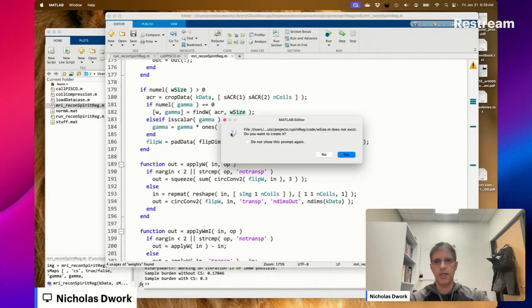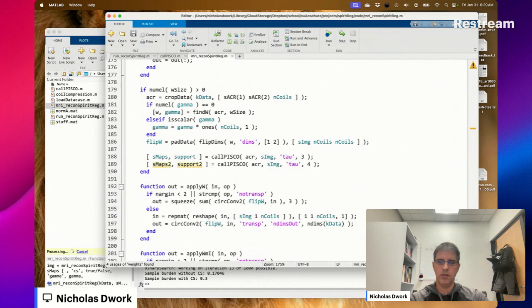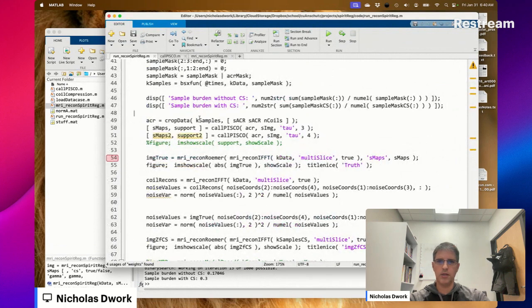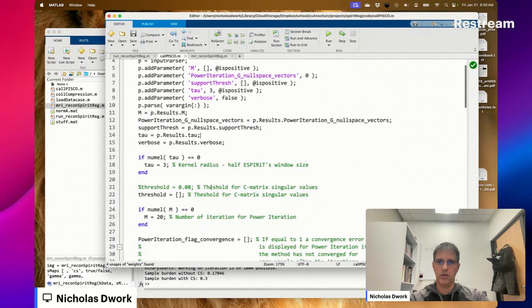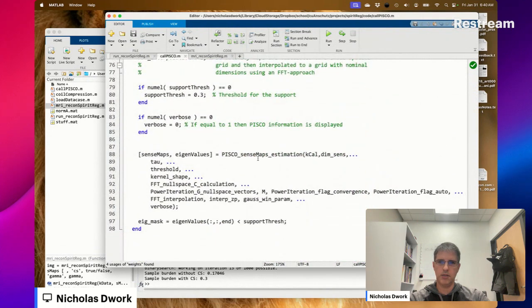This W size is like 2 times tau plus 1. Can Pisco work if tau is 2 elements? Third one.